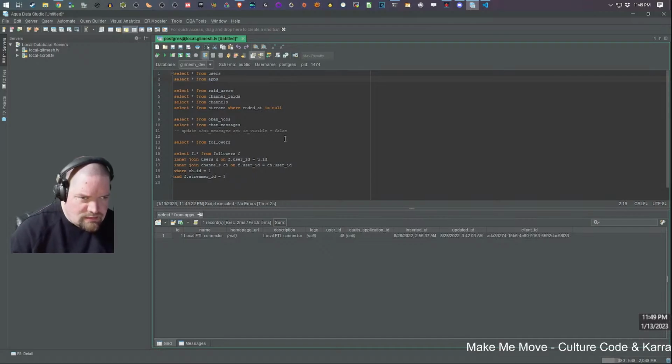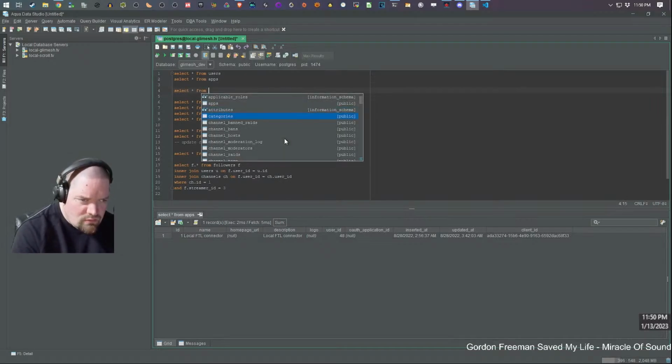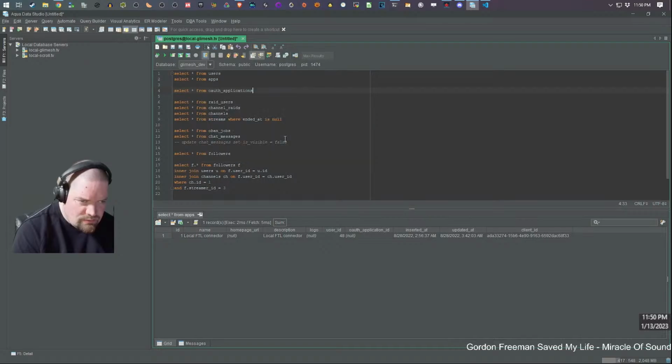Oh, or maybe it is the same thing. I don't think so though. Categories. Configurations. Events followers. OAuth application. Probably.